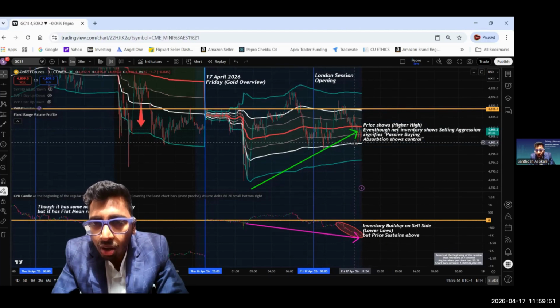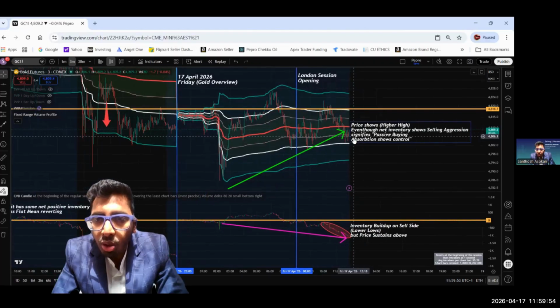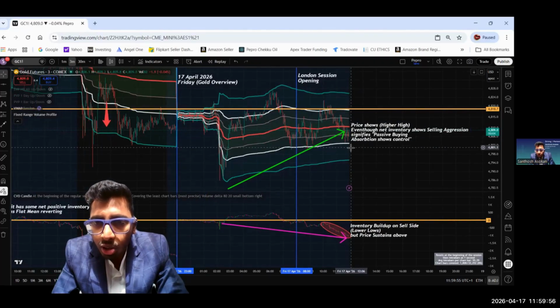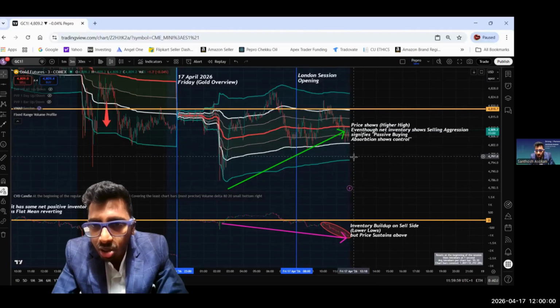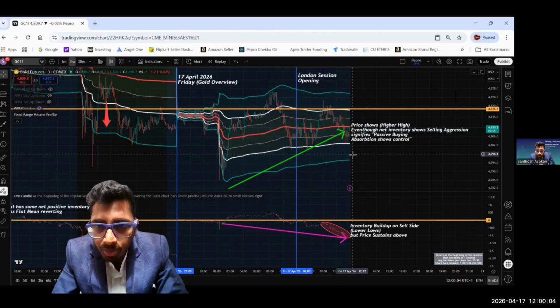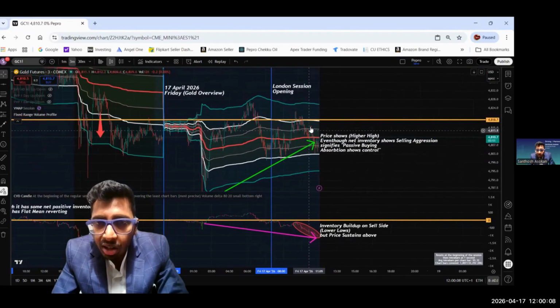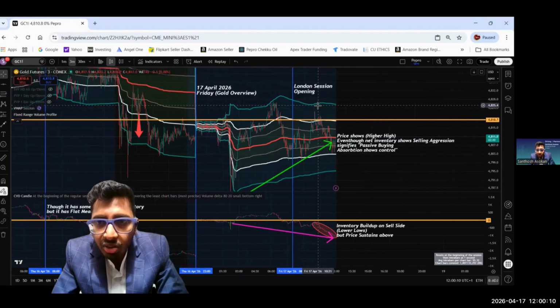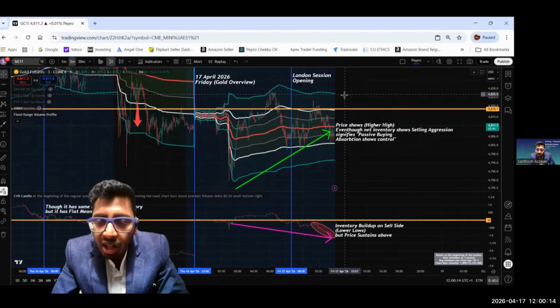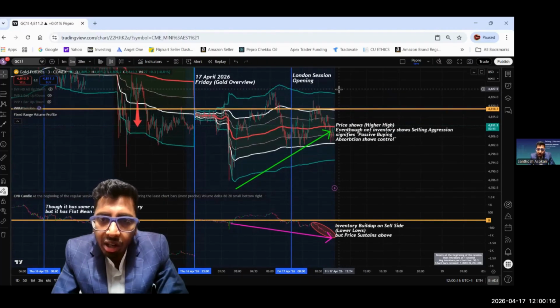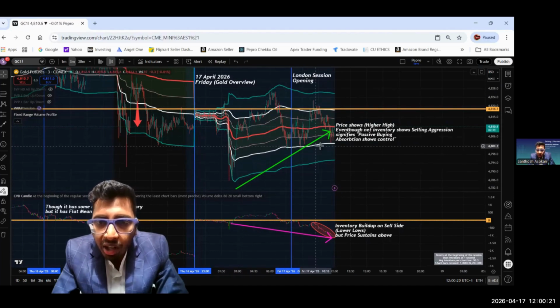And it signifies for me to go long, but I would be waiting for some pullback towards the -2 standard deviation or below the -1 standard deviation zone to enter long, which is a buy position in gold futures. I will be expecting a target of the +2 standard deviation levels, and even slightly higher than the 2 standard deviation levels because of the price action, which keeps showing higher highs.